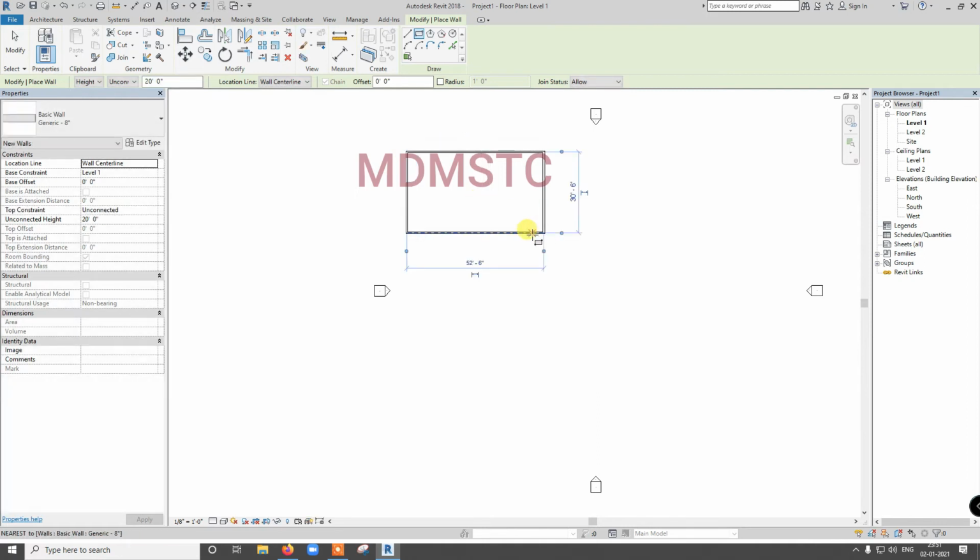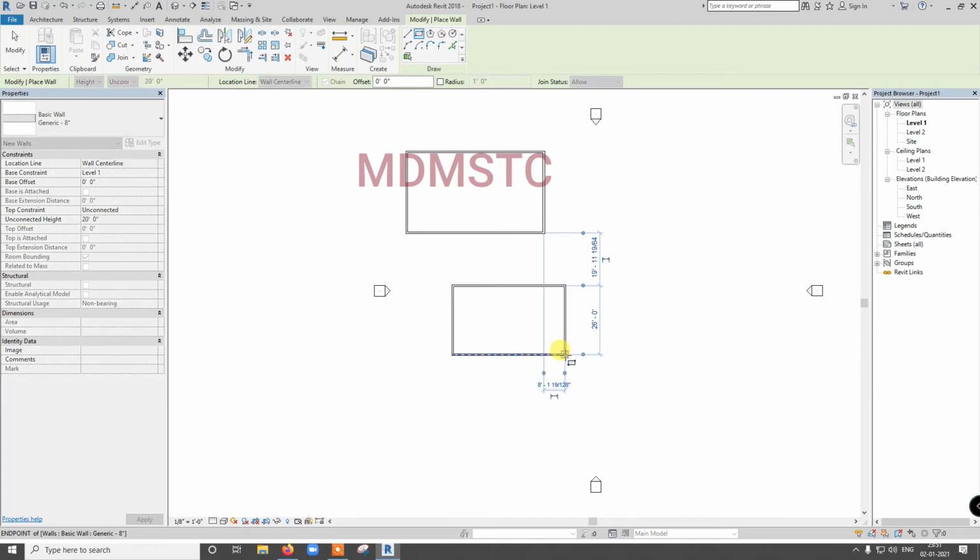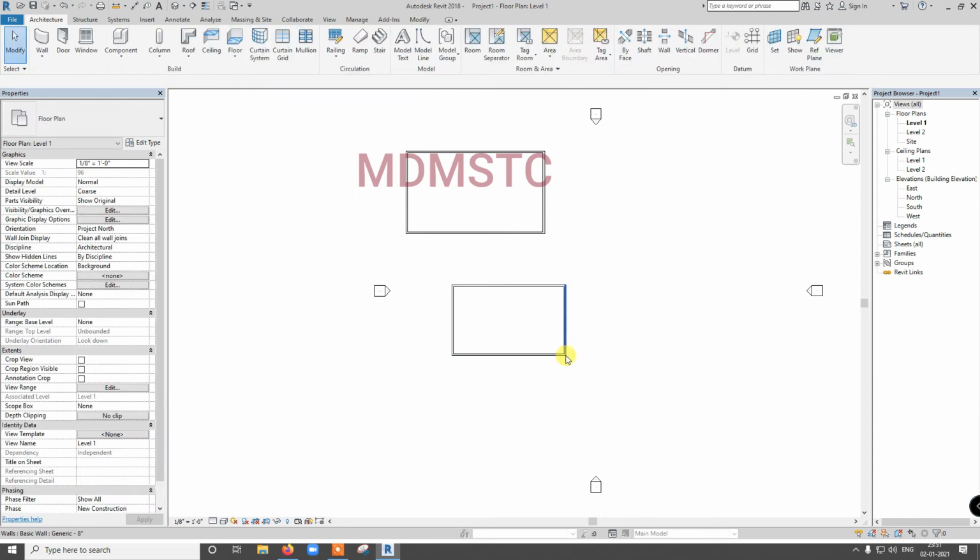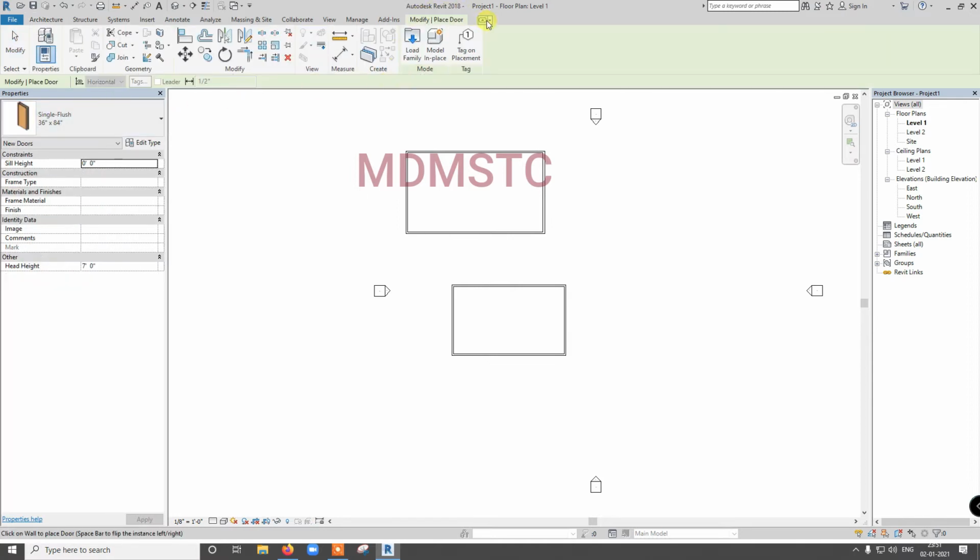If I press Escape once, the command will continue, but if I press Escape twice, then it will come out. Immediately after closing that, that tab is closed. If I click Door, see, the tab relevant to door comes.